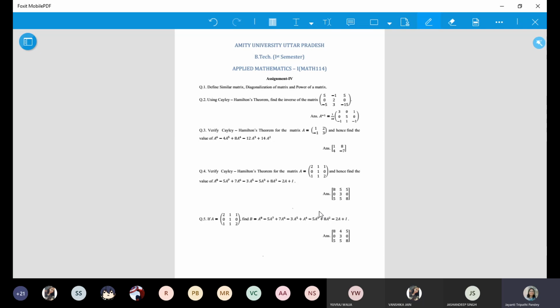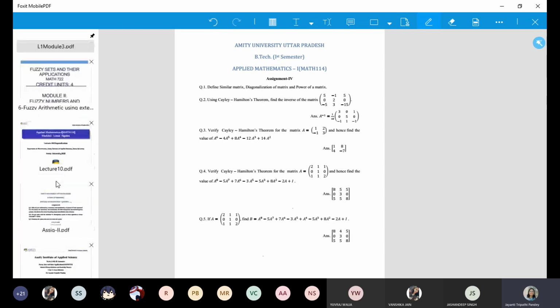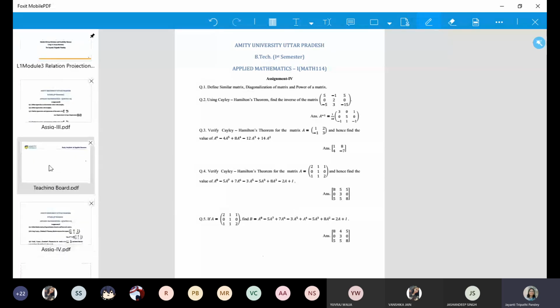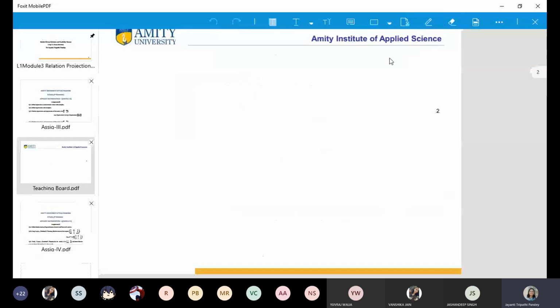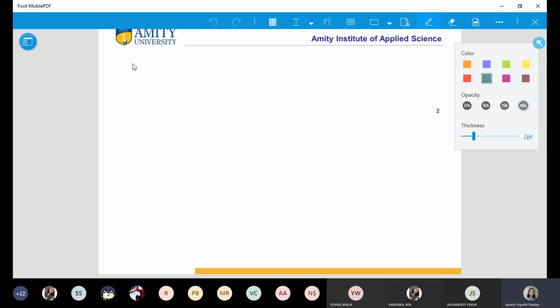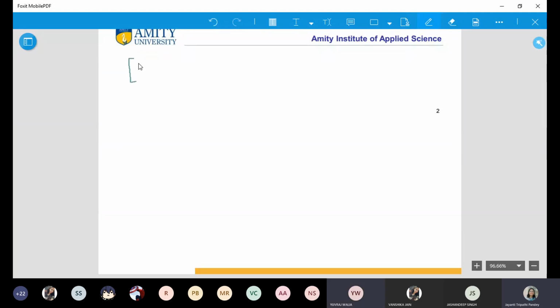One minute, please note this. You have to tell me this value and the matrix, because I'm opening the teaching pad to write. Tell me the matrix. Ma'am, it's 8, 5, 5 first row. Sorry, give me A. 2, 1, 1, and 2, 1, 2, and 0, 1, 0, 1, 1, 2. And what was your characteristic polynomial?